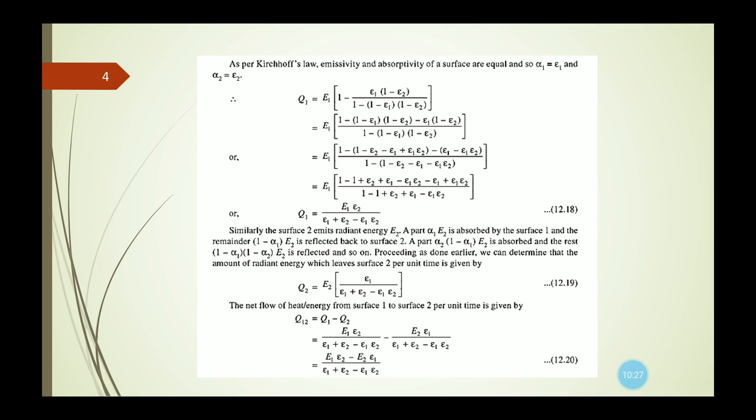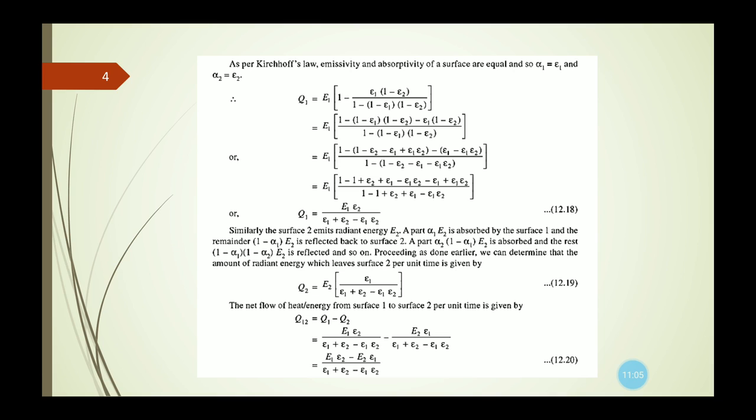Now after two or three different steps, if we do the calculation, then we will get one form of Q1, that is E1 epsilon 2 divided by (epsilon 1 plus epsilon 2 minus epsilon 1 epsilon 2). That is our equation number 12.18. So this is the equation for the amount of energy that has left the surface 1 per unit time. Now similarly, in case of surface 2,